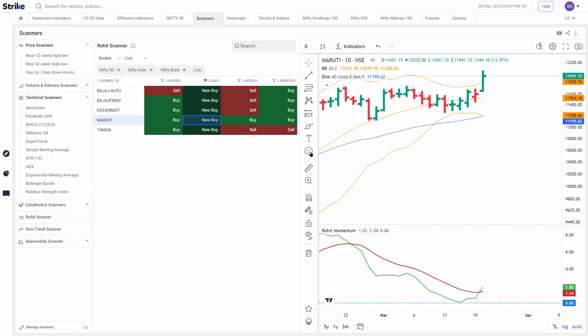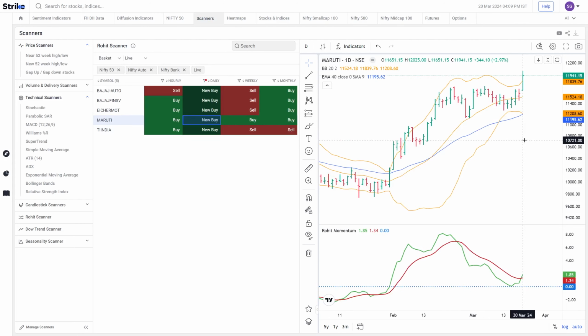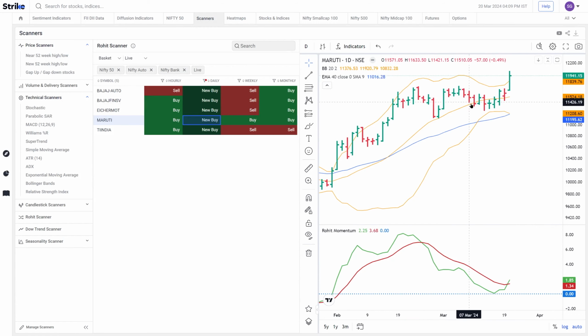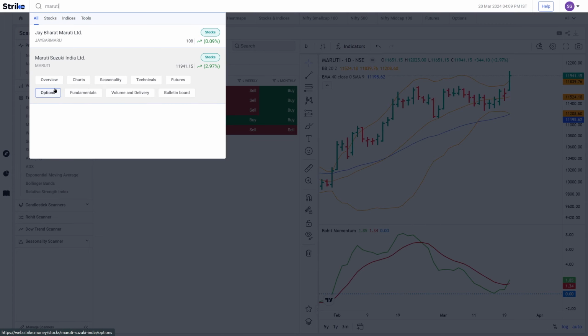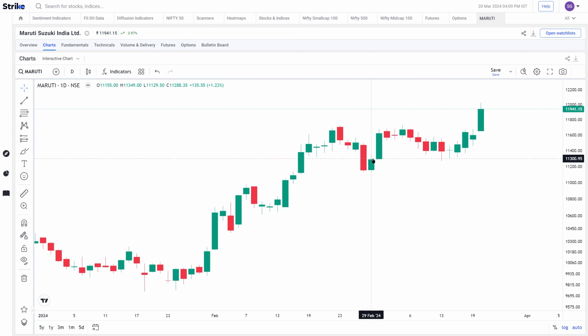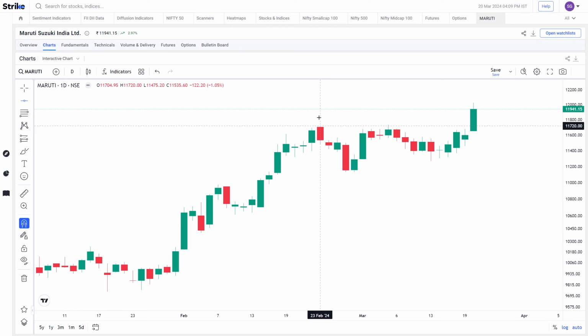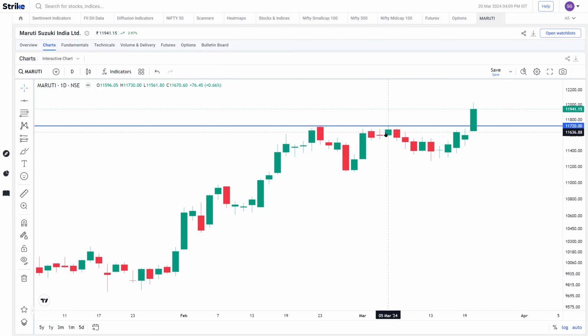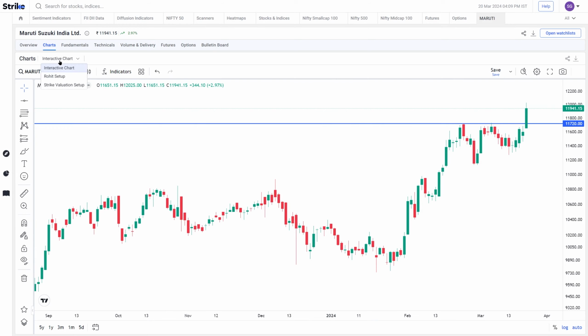Now, one of the stocks that we have seen almost in every scan is Maruti Suzuki. Here you can see we got a new bullish signal on the RMI today itself, and the structure itself looks like a breakout. So if I go to the chart of Maruti, yeah, it had made two highs at this level previously, and today it has broken out of this resistance. So if we look at the setup chart,